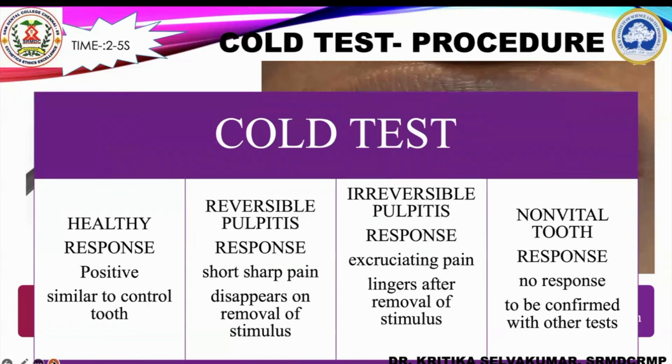The other types of responses that can occur are the false positive and false negative response. The false positive response occurs when the cold stimulus, instead of being placed in the midfacial region, is in close proximity to the soft tissues, then the patient can experience and elicit a false positive response. Also, in cases of multi-rooted teeth undergoing partial necrosis, the patient will give a false positive response. A false negative response occurs in calcified teeth, especially in the elderly age group.